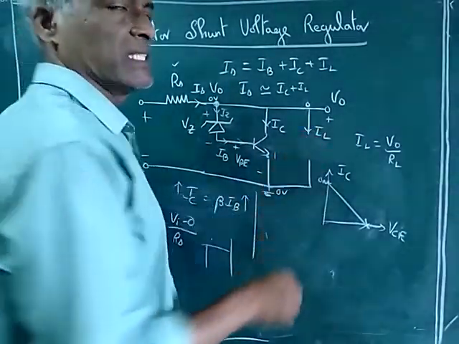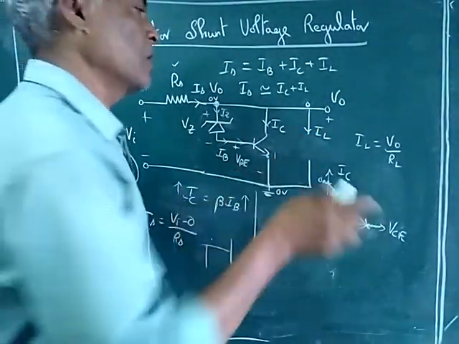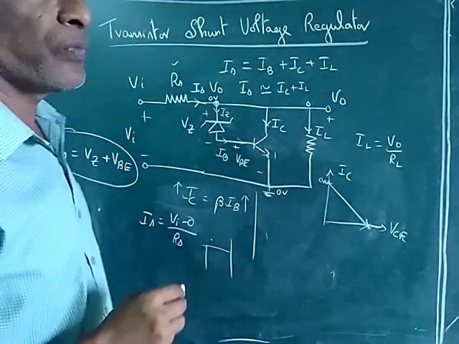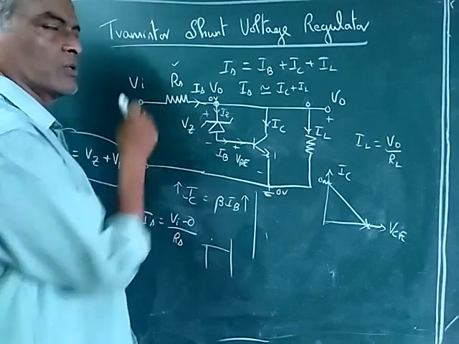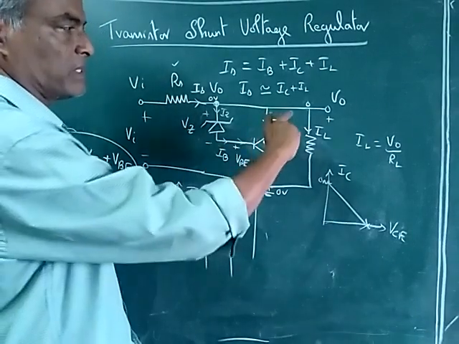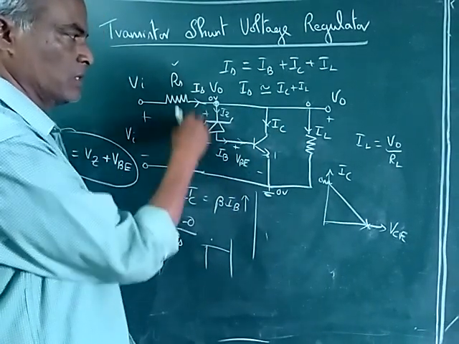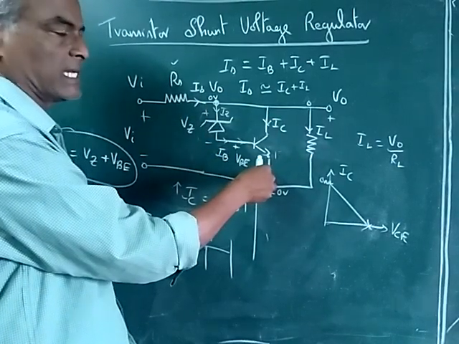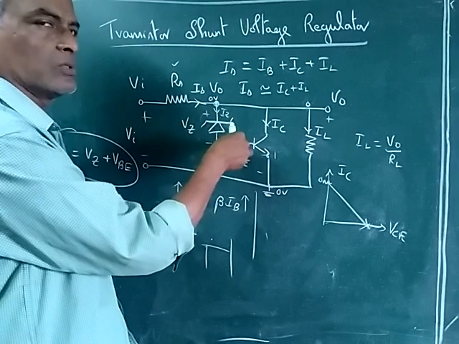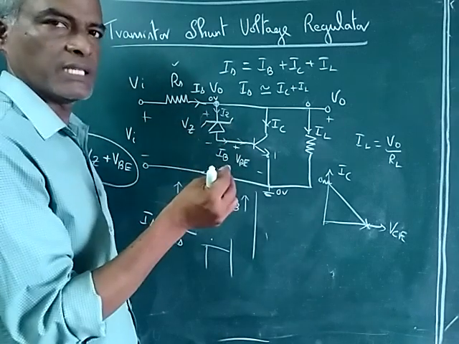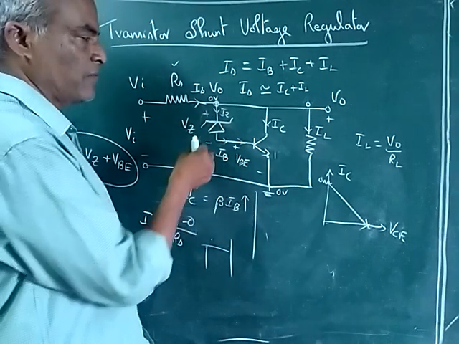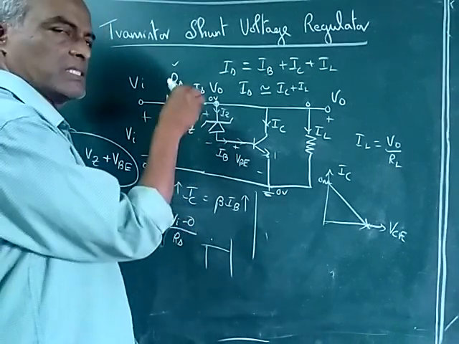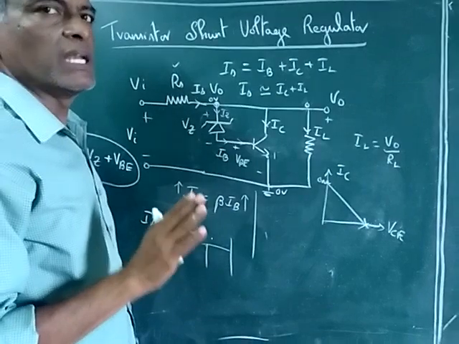So these two cases have been found out. For all other cases, we know the two extremes now. What happens if it's short? We know the RS value. What happens if open? This transistor goes into on and it starts conducting. Therefore, the current through the Zener diode is negligible as usual. Therefore, it need not handle very much power. The power handled by the Zener diode is very, very less.